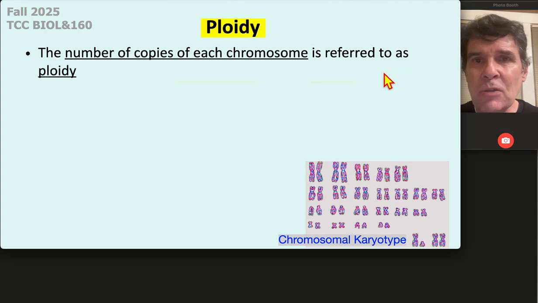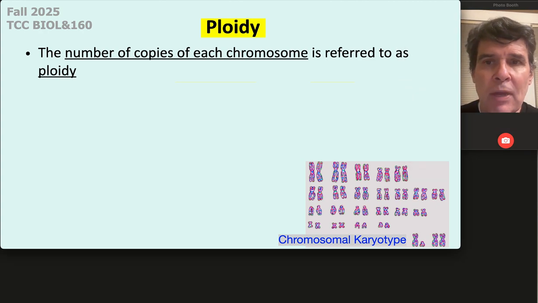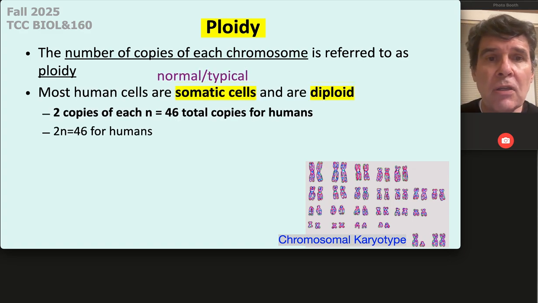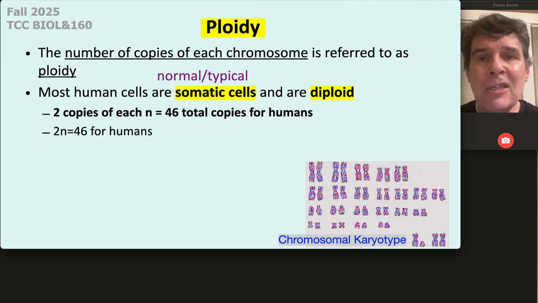We're going to learn a strange word called ploidy, describing the number of chromosomes. This duplicate state is called diploid and refers to the common, usual, normal, frequent somatic cell, like your skin, your bones, your muscles, your nerves, your endocrine glands. That's where your hormones come from. All the cells in your body, pretty much all of them, are somatic cells. They have duplication, a total of 46 chromosomes in each of the cells,